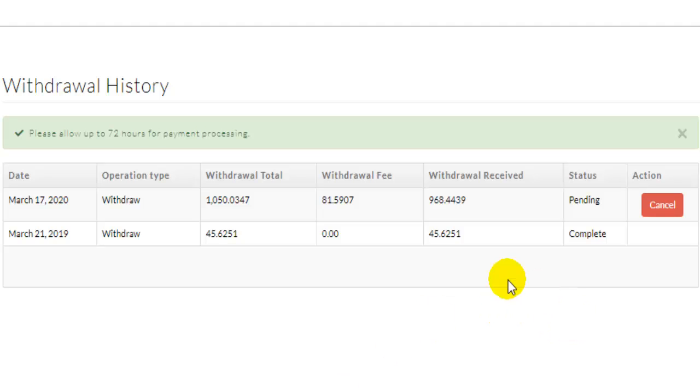So last time, okay, there's basically a fee, as you can see, withdrawal received. There used to be no fee. I mean, look at this, 45, and I got my 45. And then this time, this was back March last year, 21, and then today, March 17. I don't know why this is happening exactly 1 year later, but sort of 1 year later. But as you can see, 1,050, and then I'm receiving 1,968. So that's basically about